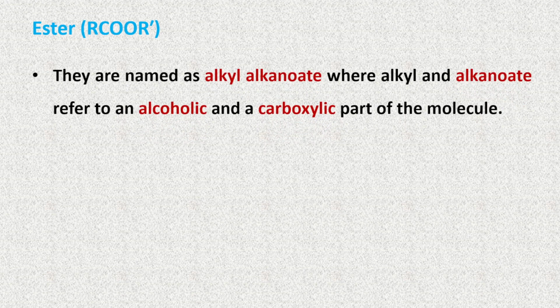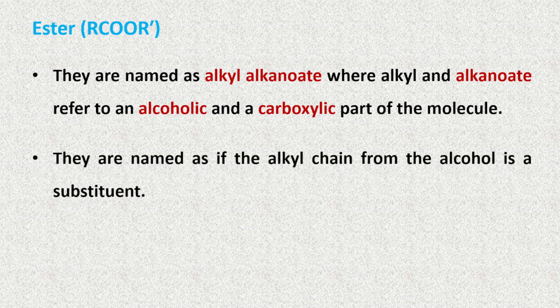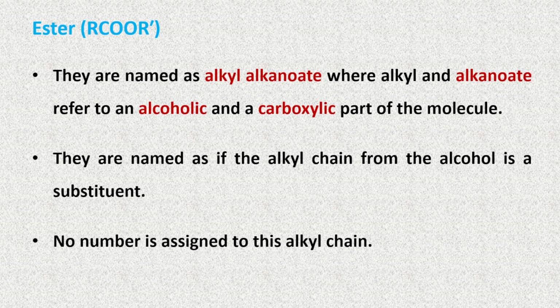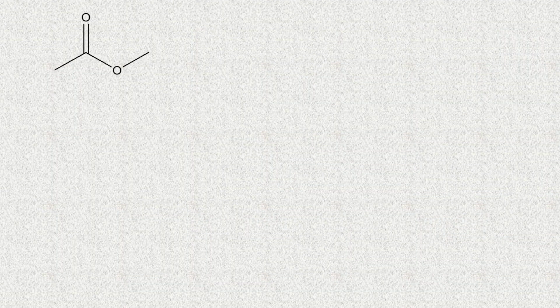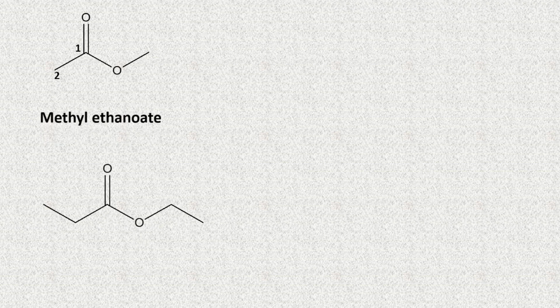Esters. They are named as alkyl alkanoate, where alkyl and alkanoate refer to the alcoholic and carboxylic parts of the molecule. They are named as if the alkyl chain from the alcohol is a substituent. No number is assigned to this alkyl chain. For example, the alcoholic part is methyl, while the parent chain of the carboxylate part has 2 carbons, so its IUPAC name is methyl ethanoate. Similarly,